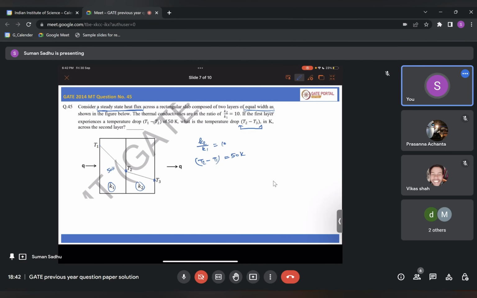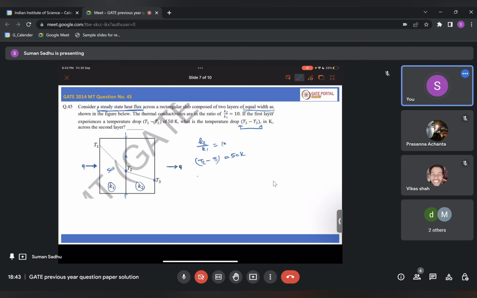Okay, so first let me explain the problem here. It is mentioned steady state. Steady state means if Q amount of heat is going inside, Q amount of heat will go outside. There will not be any accumulation of heat inside. If the heat is getting accumulated inside, what will happen? Let's say you consider this interface. If heat is getting accumulated, the temperature at this interface will rise and it will be somewhere like this. But as it is not accumulating, as much heat as is going inside, that much heat will